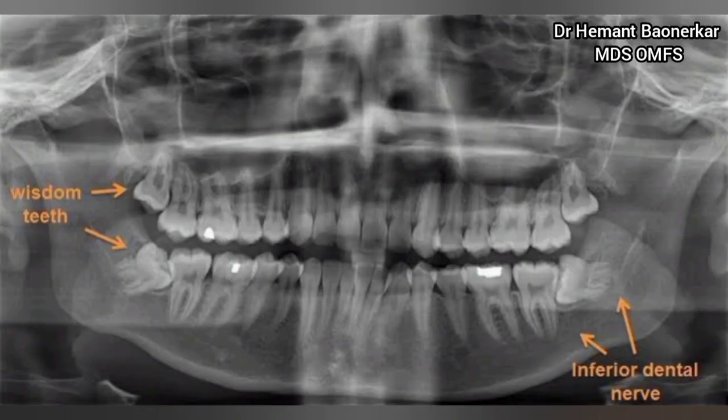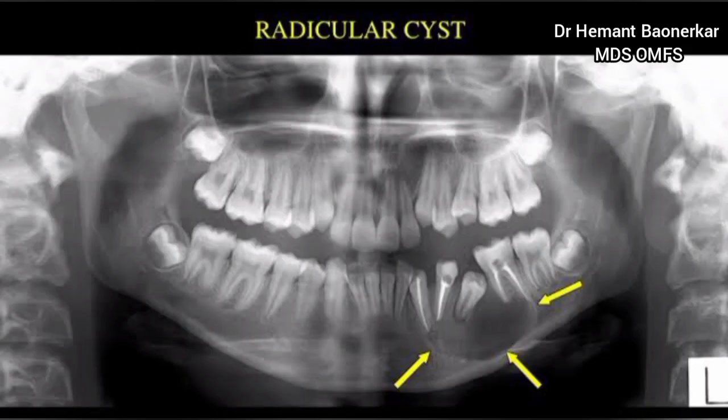This is another OPG of impacted wisdom teeth, in which 1/8, 3/8 and 4/8 are impacted. The 3/8 is very close to the inferior alveolar nerve canal bundle and it is horizontally placed. 4/8 wisdom tooth is mesioangular and 1/8 is a maxillary distoangular wisdom tooth, we can say. Most commonly we advise a patient an OPG to find out the angulation and difficulty of the wisdom tooth.